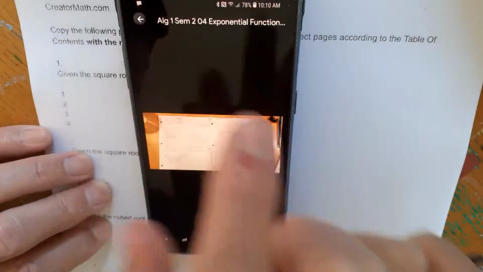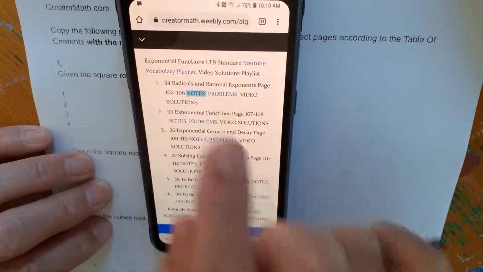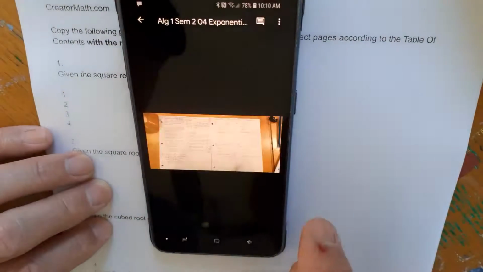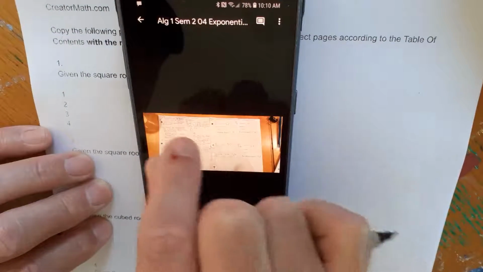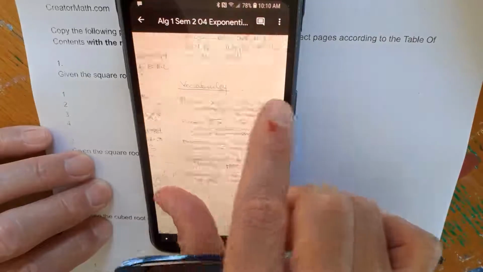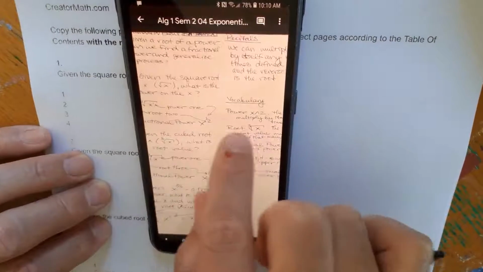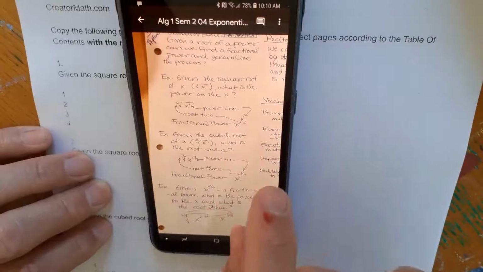So this one's not loading. You might have to go back and reopen it. I do sometimes, and it's never gone more than twice. See there, I just saw it flicker. That means it updated. And now you'll be able to zoom in on the notes and copy these into your